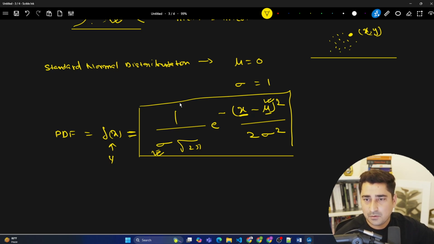Now, if you plot all the dots, you will be able to see the shape of the data, whether my data set is right skewed, left skewed, or a symmetric data set. Simple, right? So this PDF, probability density function, is going to help you find this particular y based on this data set X.